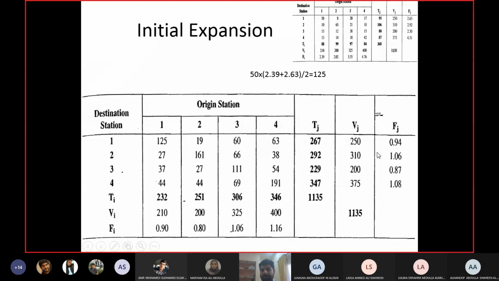What was the range of the factor? Acceptable range 0.9 to 1.1. Are all these factors in the range? No. This value is out of the range in the third row, and the second column value is also out of the range. Again, the rule is the same. Now can I just change the third row and second column without changing anything else?